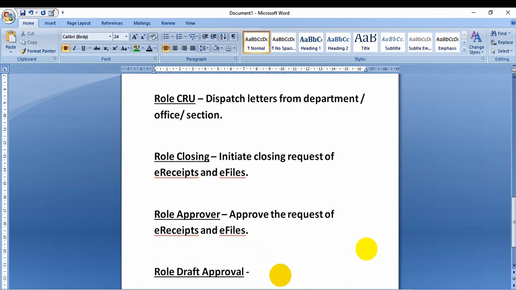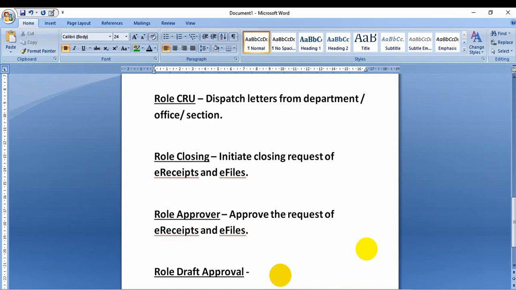See, it is very simple. You know draft for approval, and in the last video of the e-office English series I mentioned that it is DFA in abbreviations, and in the core videos I showed that when one person sends any letter to his head for approval and signing, then he attaches one draft with the note sheet, and if the officer is satisfied, he approves and signs it using his digital signature. So role draft approval is the same officer or head who is doing the signing.